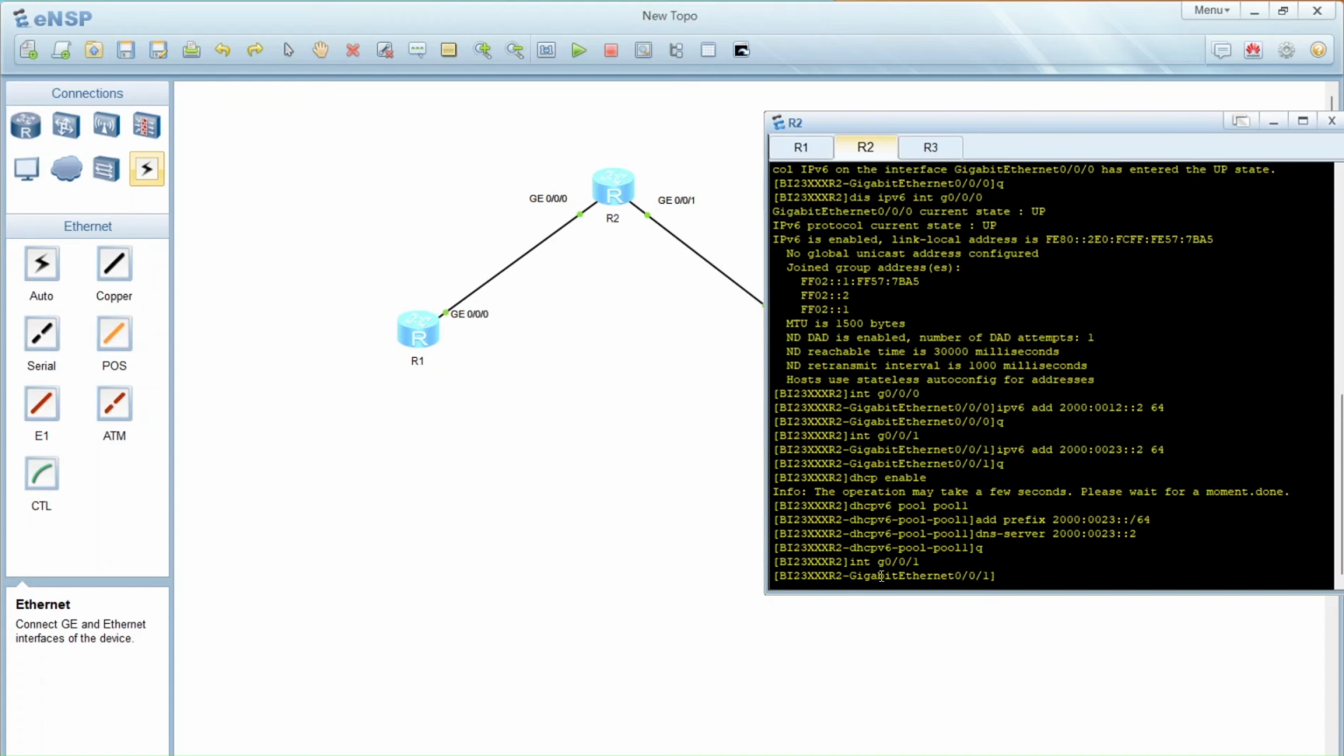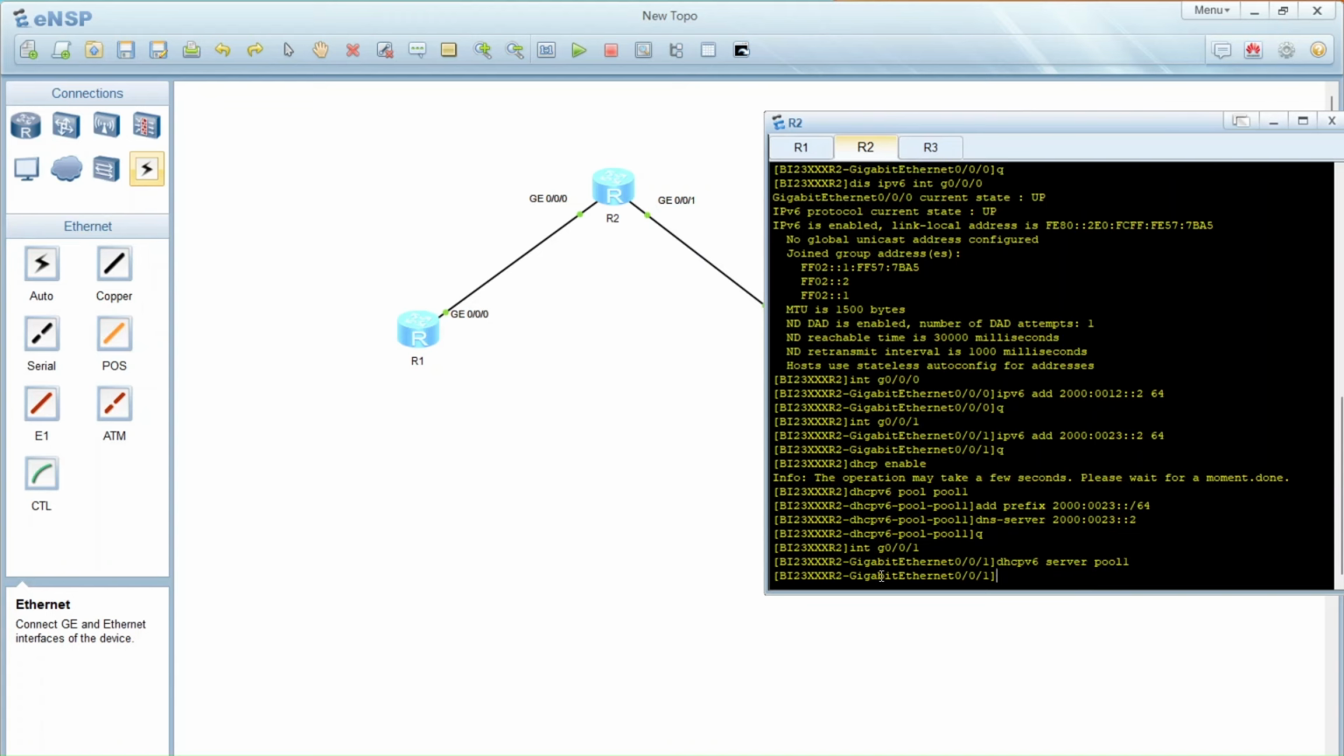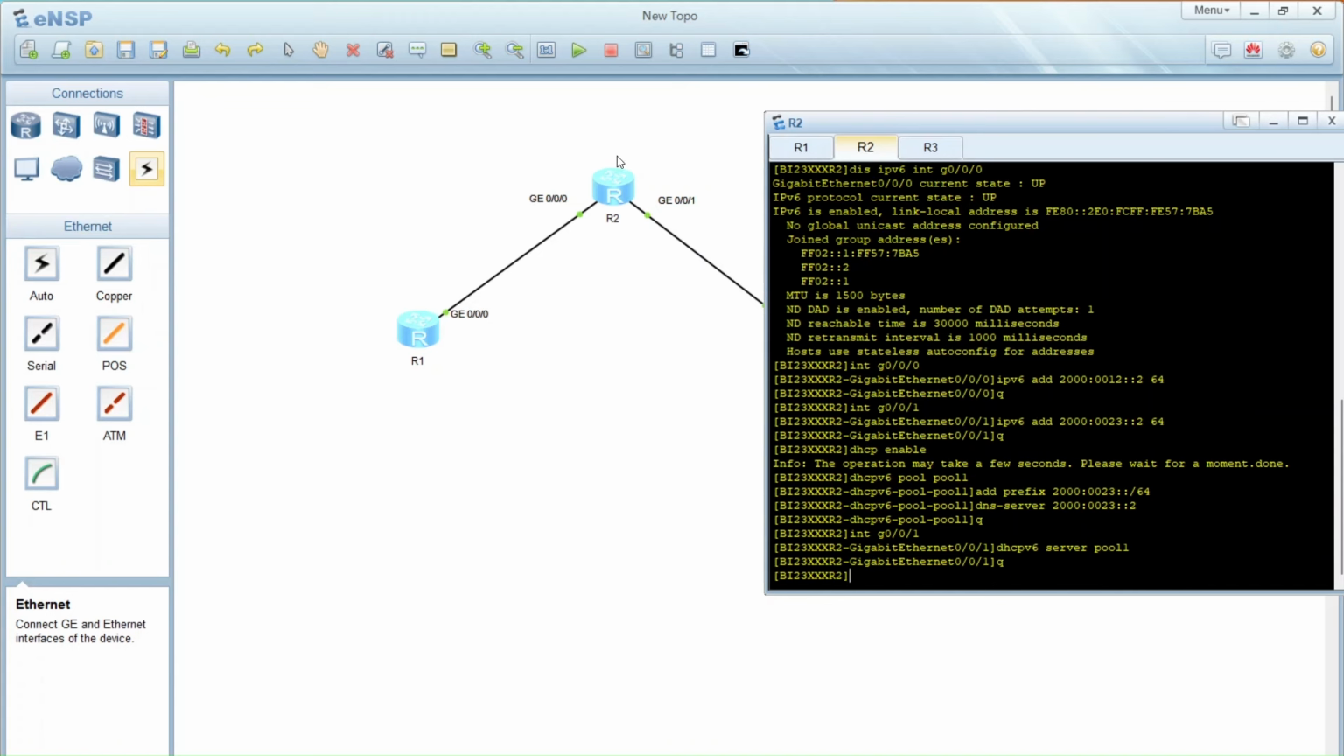Okay, then you go into DHCP version 6. Remember, for IPv6 you need to type version 6. So the server is pool 1. So you quit it. Okay, now for this one, you already enabled router 2 as a DHCP server. You already assigned the range of the prefix. Okay, and then you also enabled the